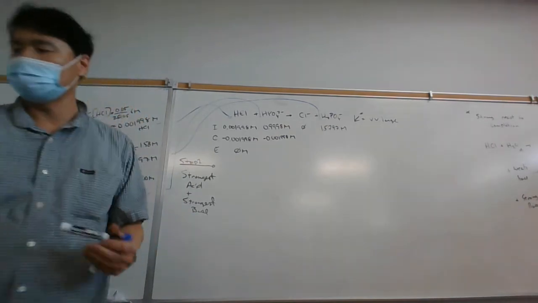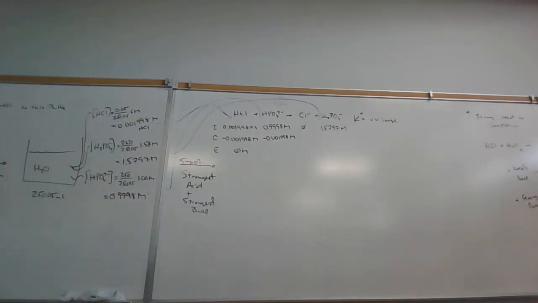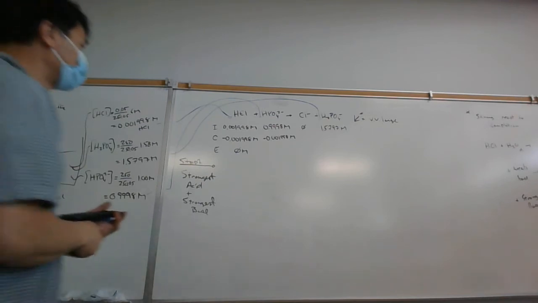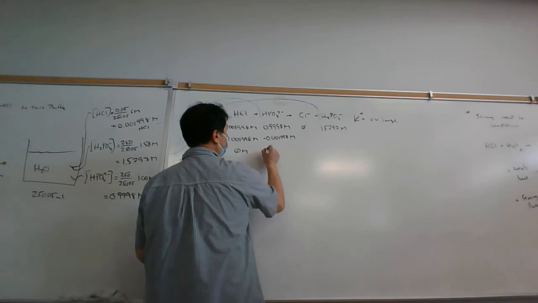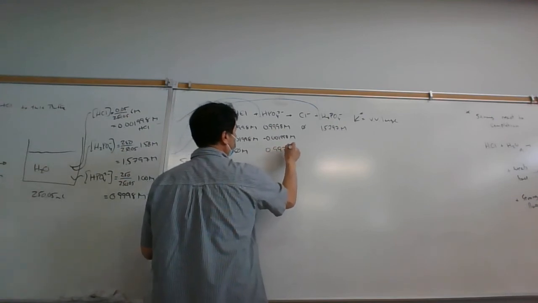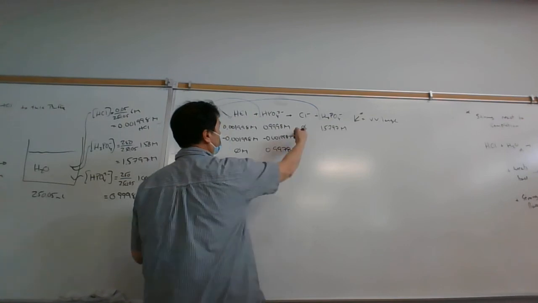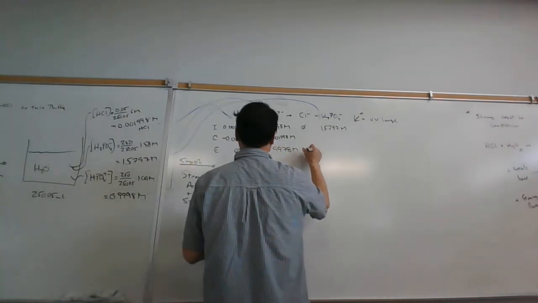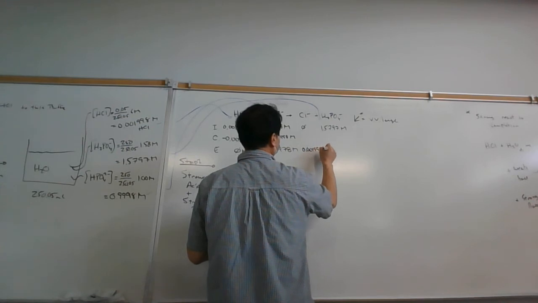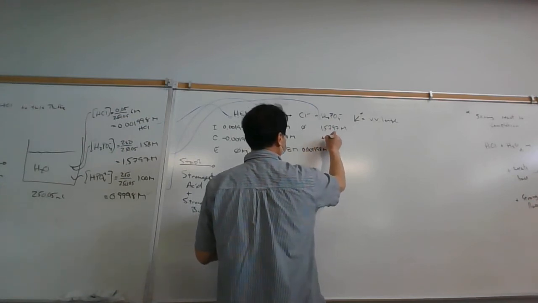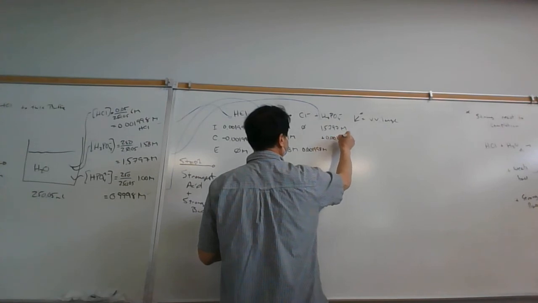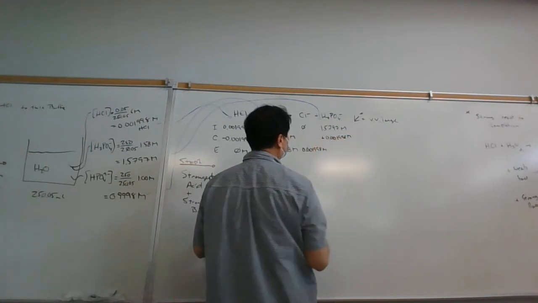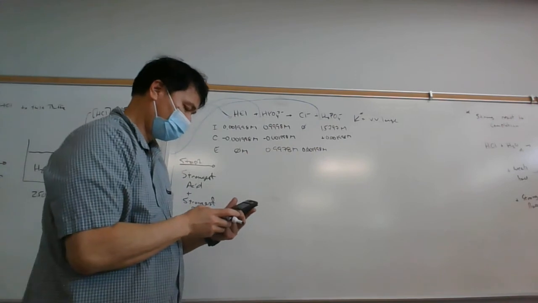So what is it going to be? I'm just going to calculate it. That minus 0.001998, 0.9978. So I'm going to get 0.9978 molar here. And then the chloride I'm going to have is 0.001998 molar. And here I'm going to get plus 0.001998 molar. And so 1.5797